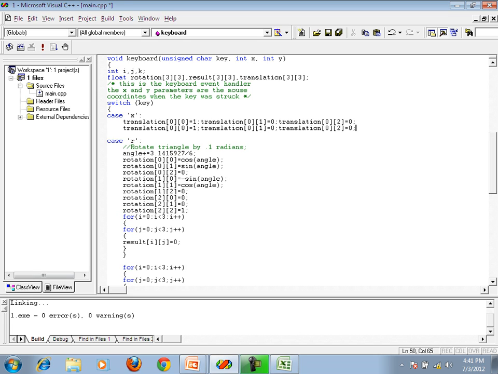So here you find the first element is going to be 0 and the second element is going to be 1, and here x is 1.